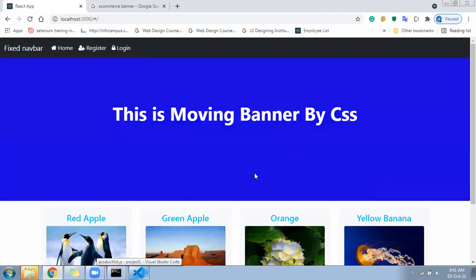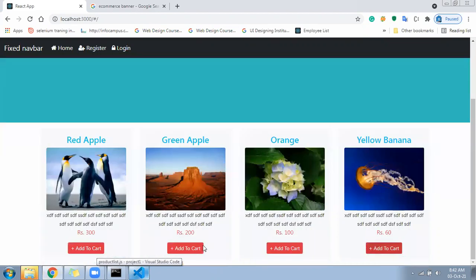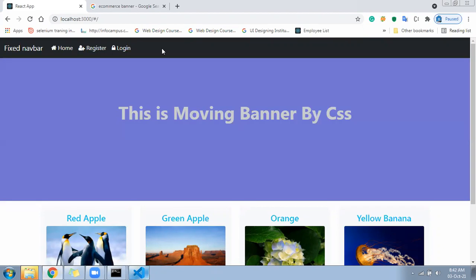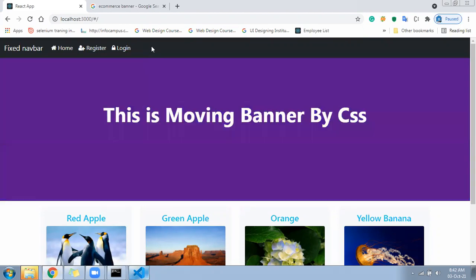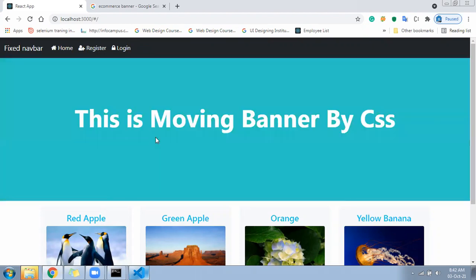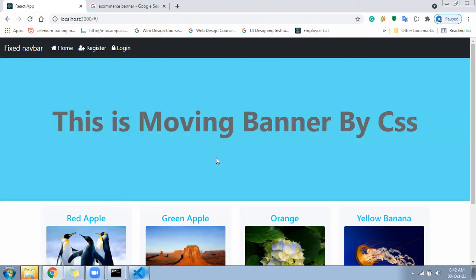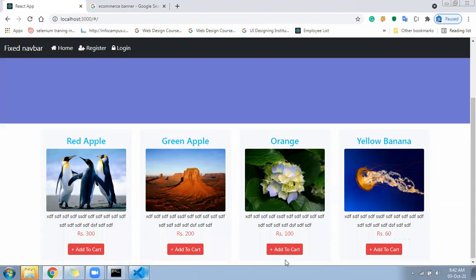When you click add to cart, there will be one button here called cart item. When we click on that, it will go to the next page where it will display the list of items that you have added inside the cart.